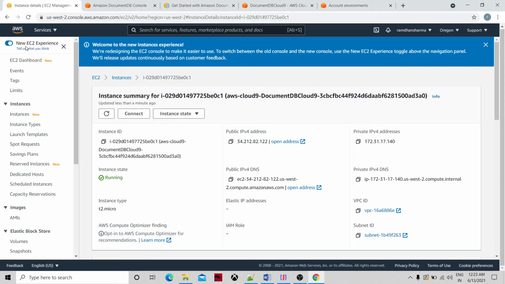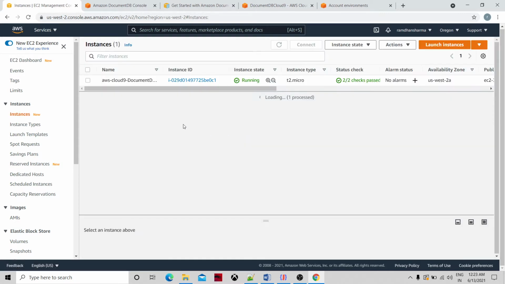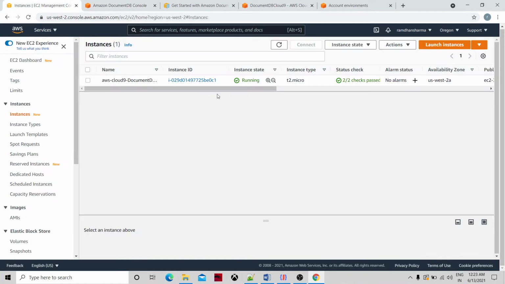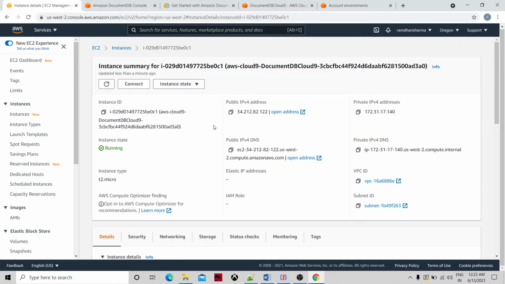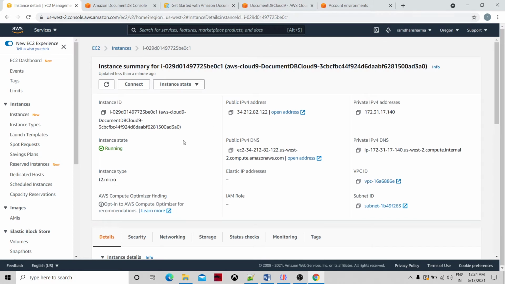If you go to the EC2 dashboard, and if you have created a Cloud9 environment, you will have one instance running. If you look at the instance, this is the Cloud9 environment we have already created, right? This environment is running on top of the EC2 instance. This EC2 instance would be running, and the status checks would be like 2 out of 2, in US West. I'm creating everything in the Oregon, US West region. You will see a private address and public address, and everything would be on top of this EC2 instance, this Cloud9 environment.